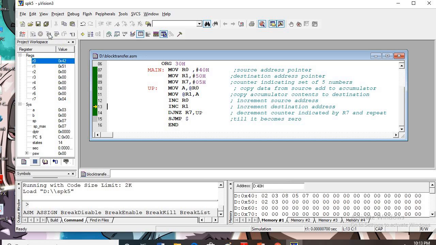Next, third, counter is now decremented 3. Next number is copied, that is 8, that is copied. You can see here in the memory window. Then next, again address pointer incremented, R0 incremented, R1 incremented, data is copied, counter is decremented. Now this data is 5, so that is taken here, okay, and that is copied.